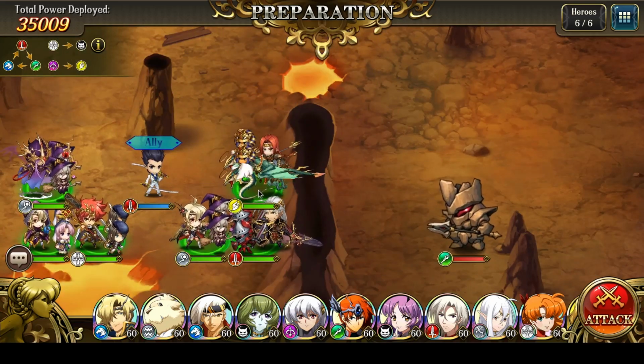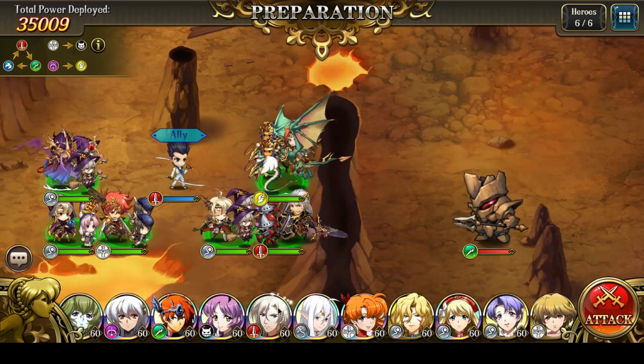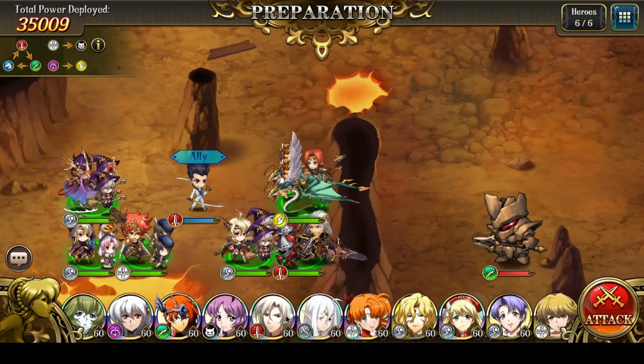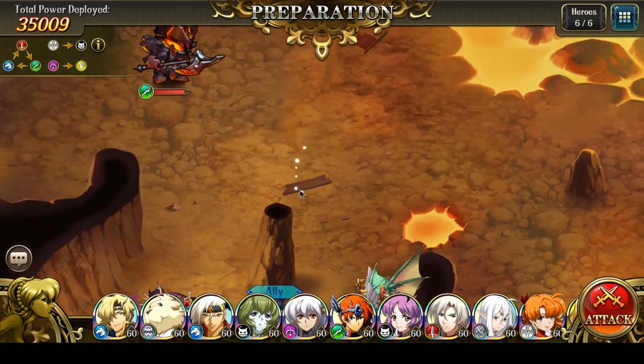This last character, I suggest really any flyer. It can be any flyer. Whether it's Cherie or Alte Muller or Varna, it's up to you. Alright, so with my party covered, I'm going to be talking about the mechanics of this fight before I begin